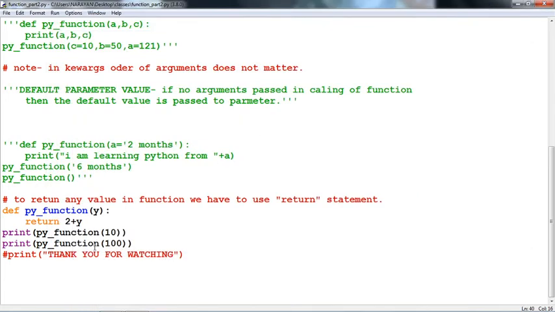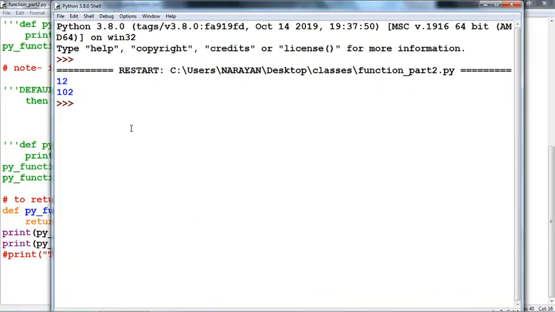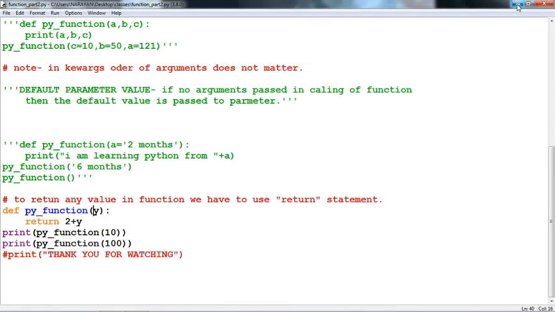We have passed the value of y as 10 and 100, but what is returned is 2 plus y, that is, 2 more than y. Here y is 10, but the value returned is 12. Here y is 100, but the value returned by the function is 102, because we have returned 2 plus y in our function.